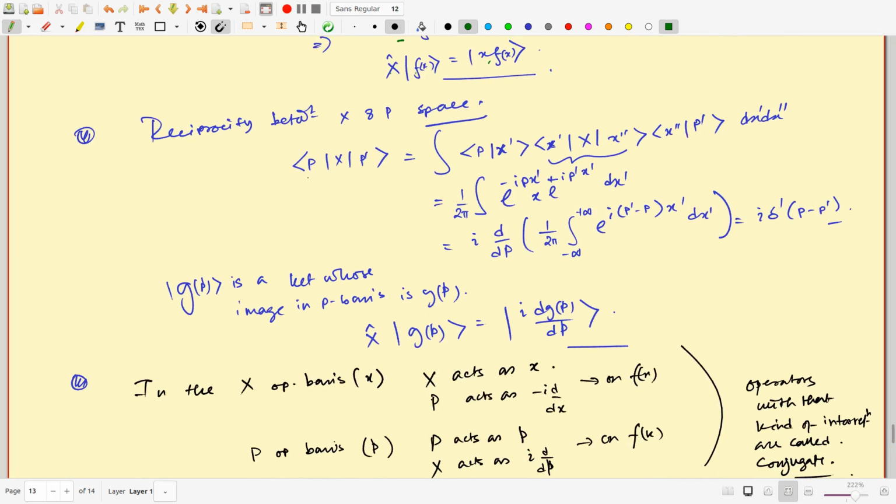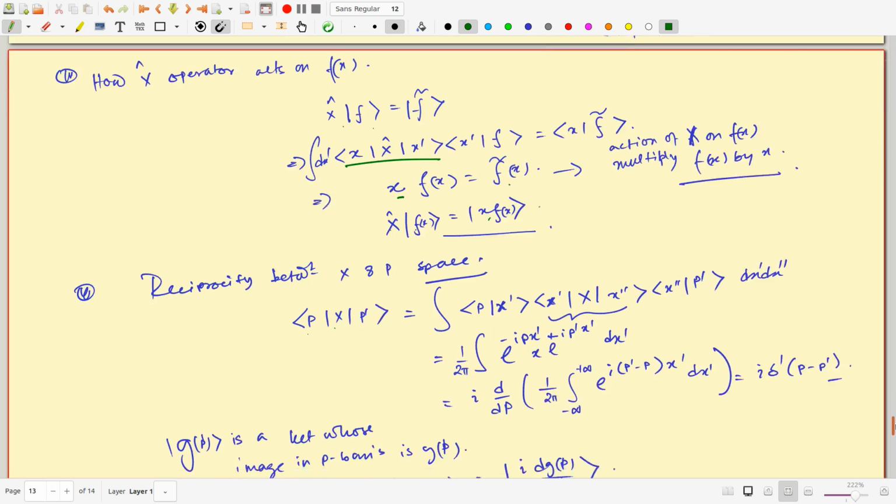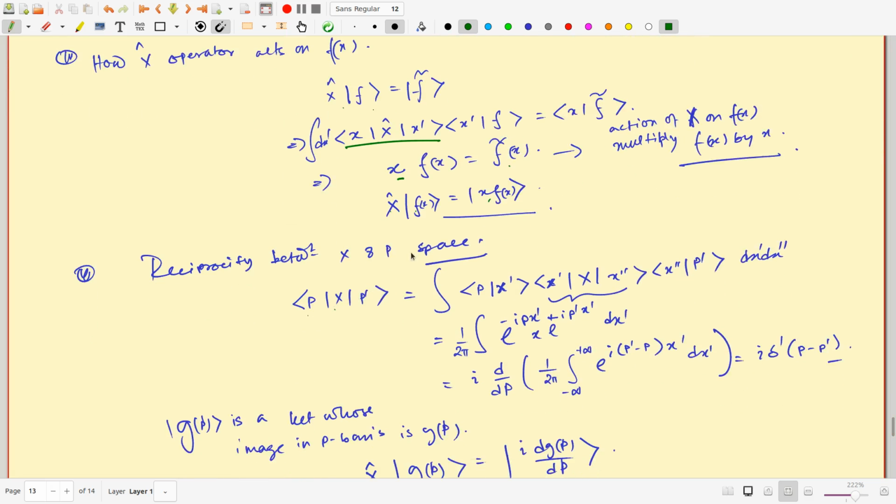Now we have learned already how to write the p operator in the p basis and the p operator in the x basis. Now we would like to learn how to write the x operator in the p basis. So I again use the resolution of identity twice in the x basis, because we know how the x operator looks in the x basis, but we want to see how it looks in the p basis. The resolution of identity takes you from here to there. This is nothing but x with a delta function, and this is <p|x'> and <x''|p>, but the delta function makes them the same.